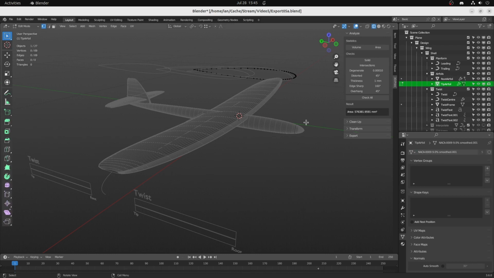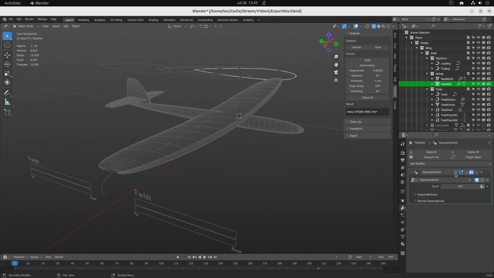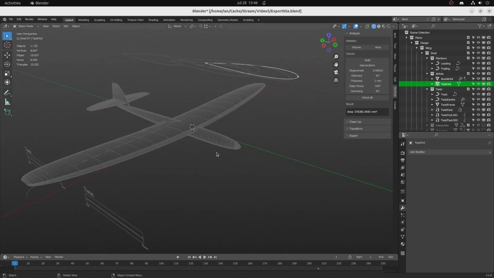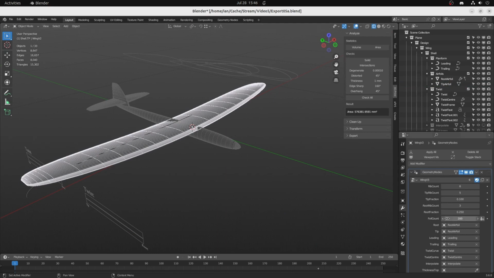It only has 69 vertices and the root airfoil has 100, so as we discussed earlier, I'll just use the resample airfoil modifier to make that change. There, now it's been resampled to 100 vertices and the two airfoils will be compatible with each other. I'll just make sure that the root is set to the root airfoil and the tip is set to the